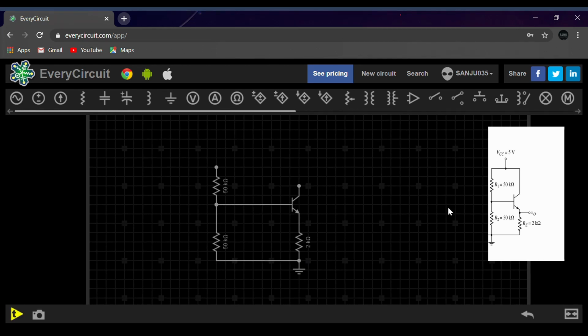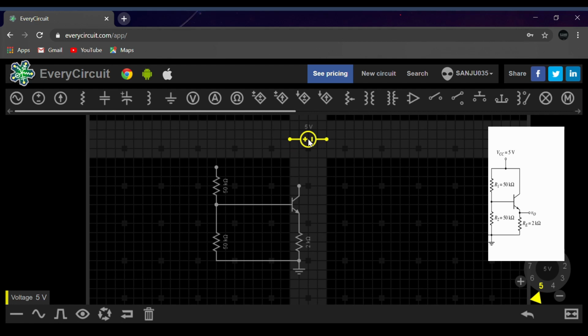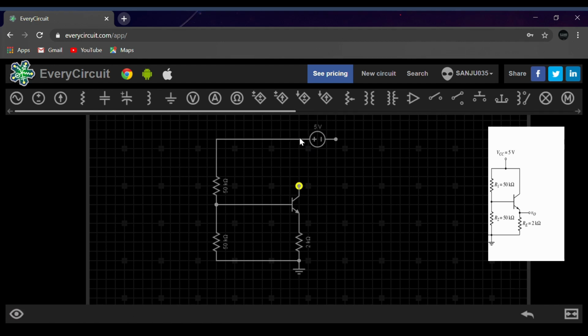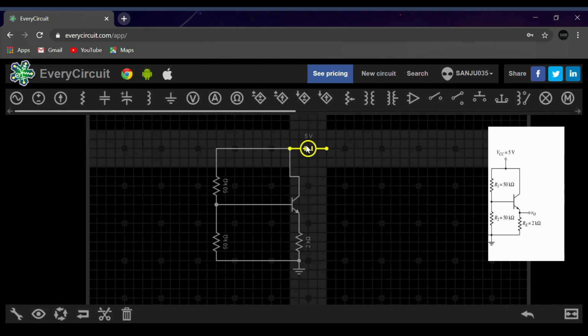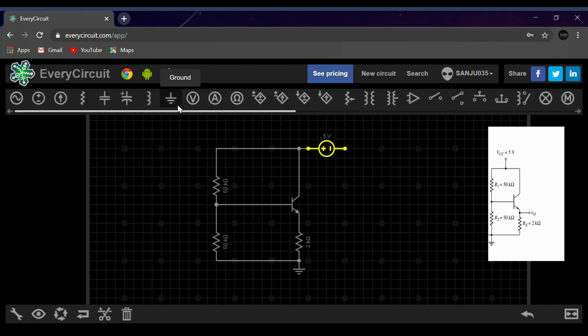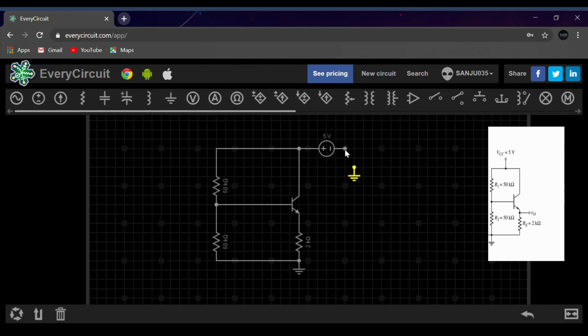Now we need a voltage source VCC. So let's go up here and click this. You can rotate it, and our VCC value is about 5 volts, and we will adjust it over here. Okay, we have our value, and we'll drag it over here and connect it towards here, and that's it. We got our DC analysis circuit. Now, we must also include a ground terminal too for this negative VCC.